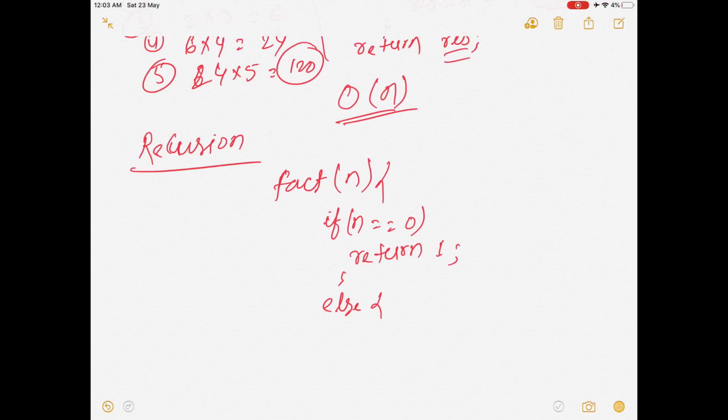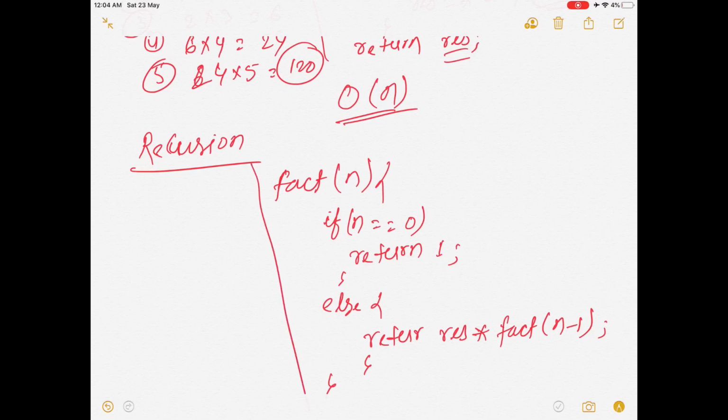Else, we will return n star, calling itself, factorial n minus 1. We are not going to call up to n, do remember. So this is how our code will end, and we'll do a dry run here as well.